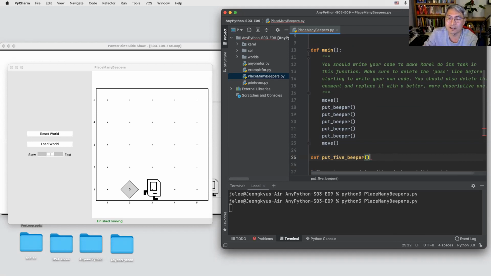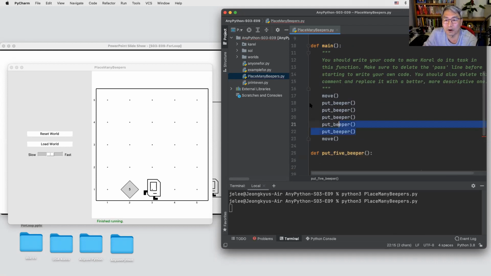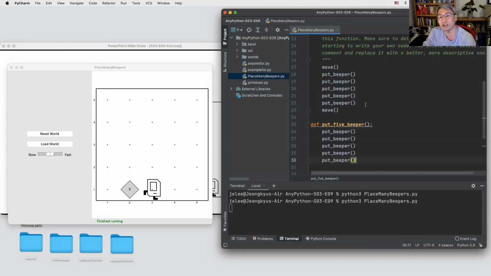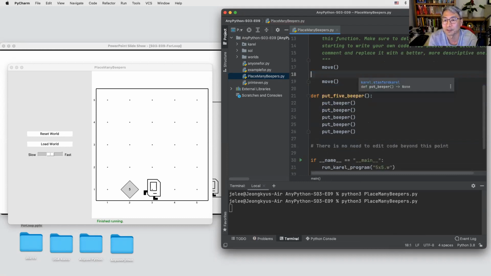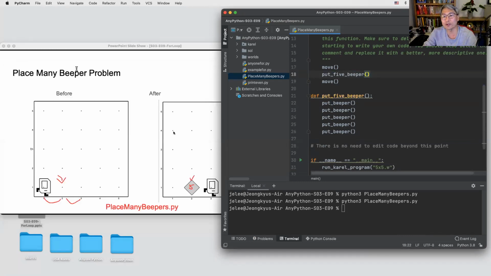So then instead of the put_beeper first, here we can create the function. Then put_5_beeper. So what about this? This looks better. So we can use the function that creates the 5 beepers. Then our problem is to move, put_5_beeper and move like this.